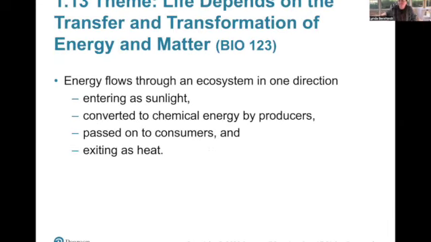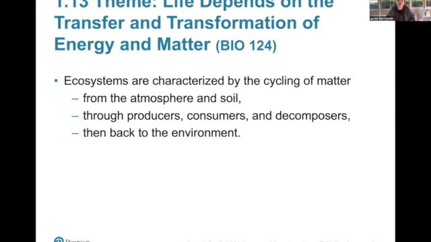Energy flow. We will cover photosynthesis in this term. And so that's part of what this is, where it says energy flows through an ecosystem in one direction. So sunlight goes down, the plants absorb it, they turn it into their own glucose, which they take. And then as you move up from there, that's how you get the other creatures. We don't cover all the rest in Bio 1, 2, 3. The rest of it's 1, 2, 4, but we do cover photosynthesis in Bio 1, 2, 3 and cellular respiration.